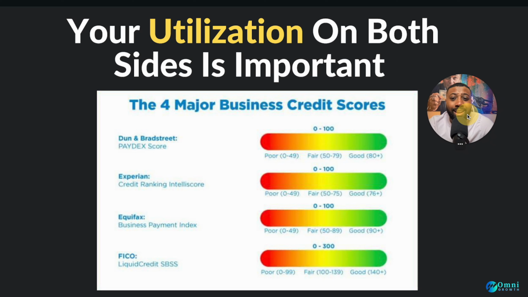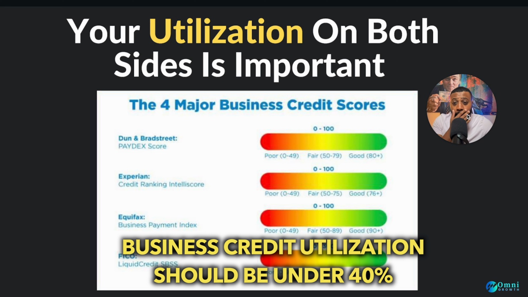Now, I want to talk about another key part of this utilization conversation. A lot of times people just focus on the personal credit and worry about that utilization. But if you already have business funding and you're trying to get more, you need to make sure your business credit utilization is low as well. Now, it doesn't have to be under 10% like the personal side, but you do need to make sure that utilization is at least under 40%. Because